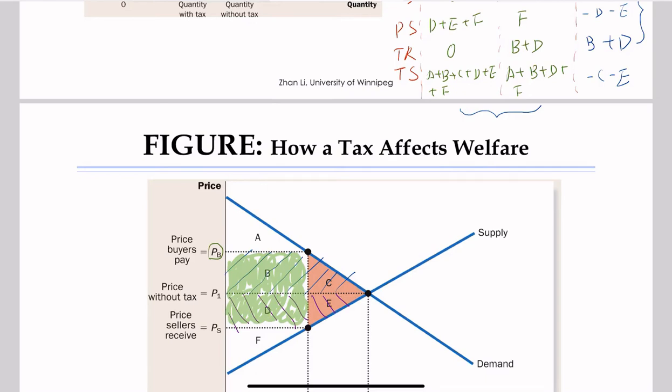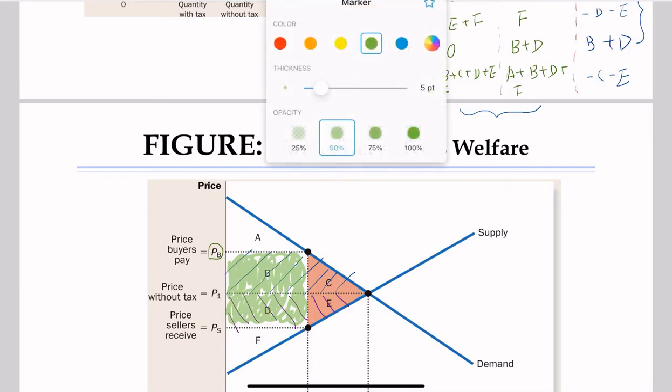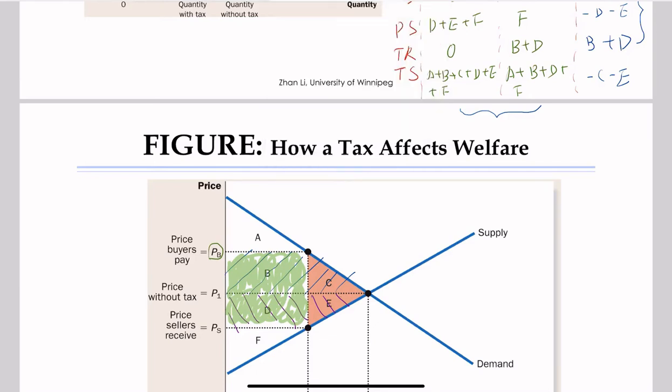So that's why you will see that the area of C and E, this triangle shaded in pink, would actually measure the deadweight loss, right? So basically, to summarize, the key here is you should see how you could find out the